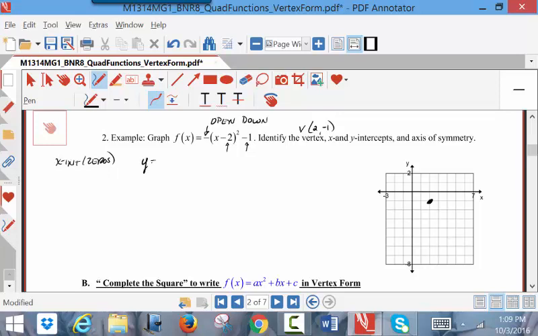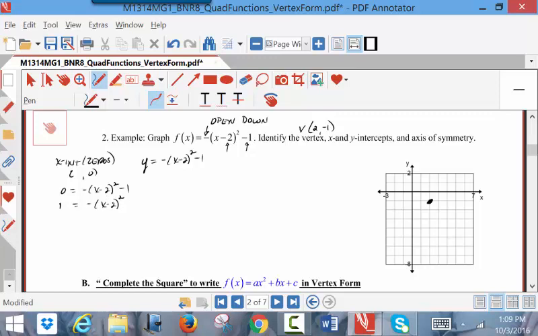So if I take it out of function notation and just write it as an equation, and I know that my x-intercepts occur where my y value is 0, and there's probably going to be 2 of them. I don't know, there'll be times where there's none. Let's see what happens if I let the y value be 0. So 0 would be negative times your (x minus 2) squared minus 1. If we add 1 to each side,